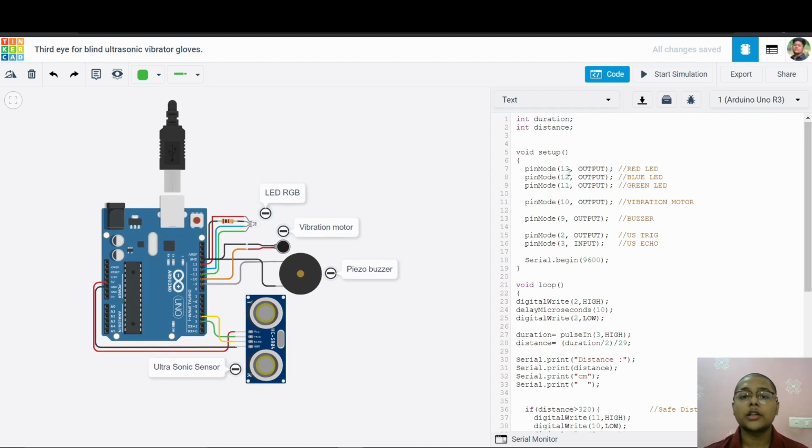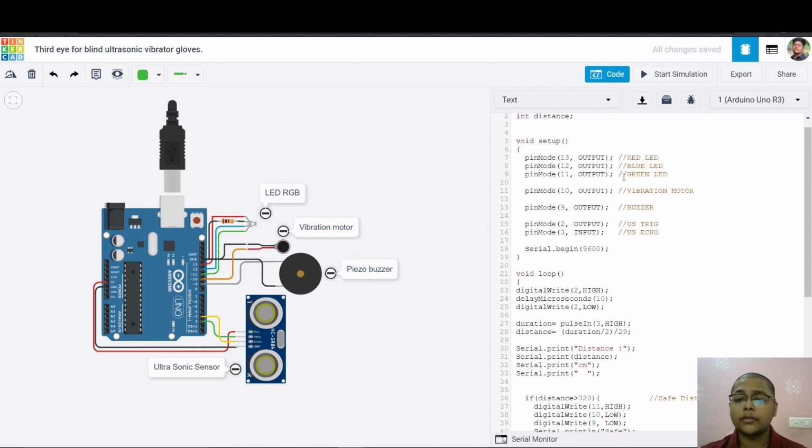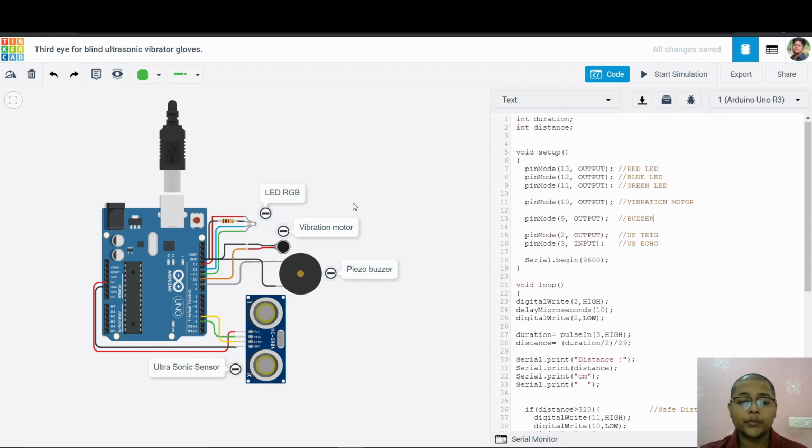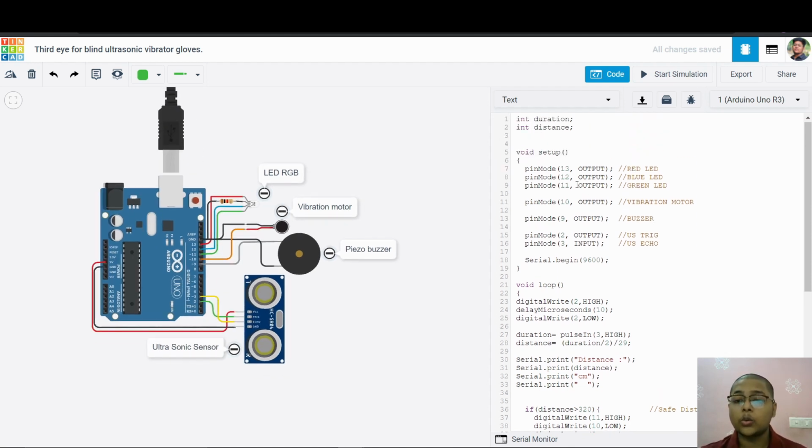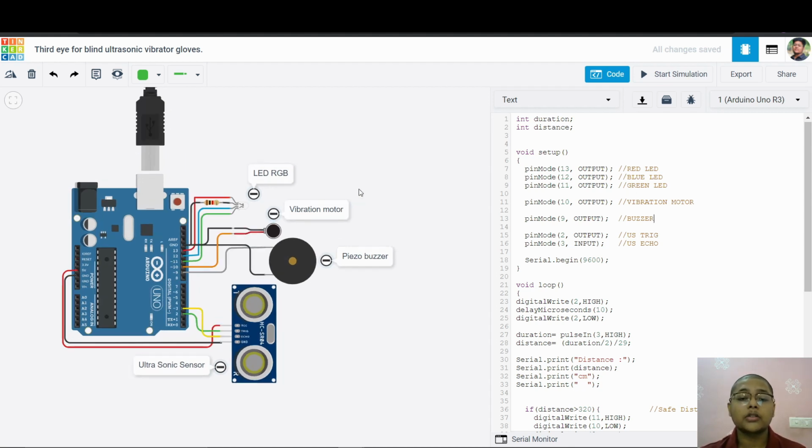First of all, let's see its code, then we will see its working. There are two variables I declared, called duration and distance, of integer type. In void setup, I have made pins 13, 12, 11 output for the red, blue and green pins on the RGB LED.